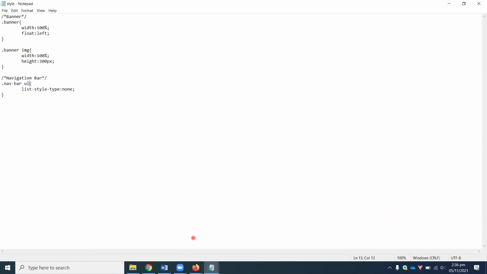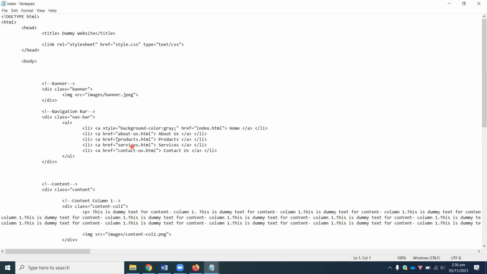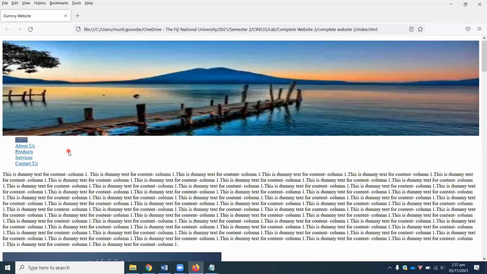Okay. Now see how I've identified the error. So I was not able to get rid of the bullet points. Then I went and noticed the code. So inside the nav bar, you had UL, and inside the left bar UL, you have LI. So we need to be considerate when we're doing these things. Okay. So we have set it to none, and this is what you get. Next up,